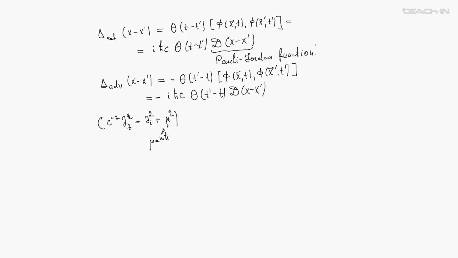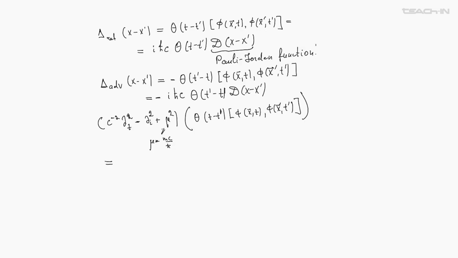And this we apply to the retarded Green's function of x minus x prime. Essentially this means that we act with this operator on theta of t minus t prime times the commutator of phi at x, t with phi at x prime, t prime. So what we see is that first we apply